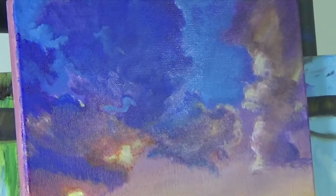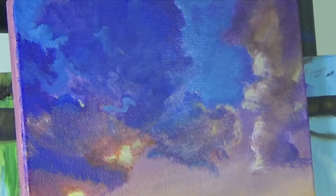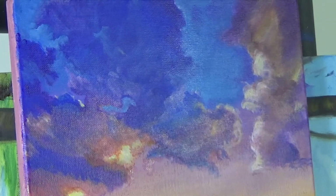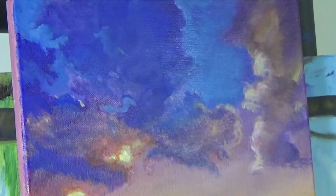So this landscape painting is going to act as a background. If you're just painting this, just bring down the clouds a little bit and create more interest throughout the painting. Or you can even make it horizontal, and that way you will have more interest going on throughout the painting. And one more thing I wanted to mention at this point is that I started with a toned background,